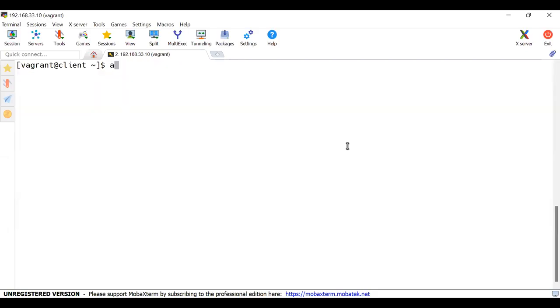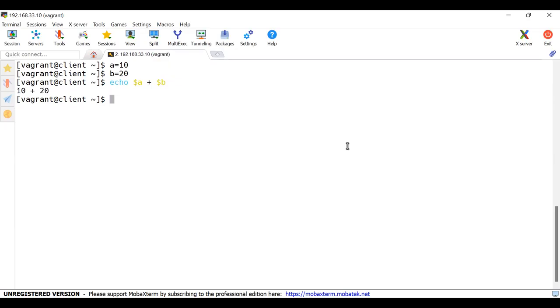Suppose a is one variable and I have defined the value 10, and b is another variable with value 20. Then if I try to print $a plus $b, where a value is 10 and b value is 20,